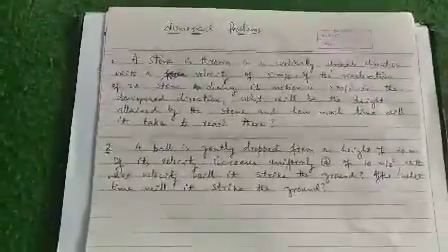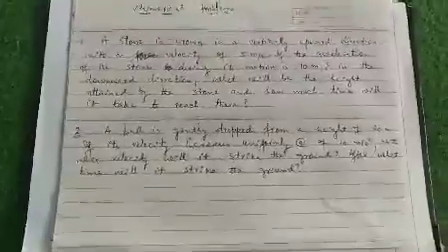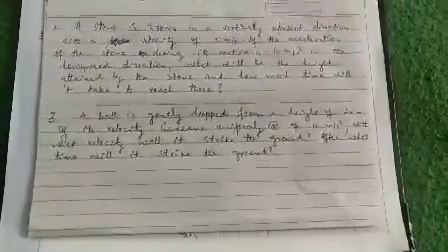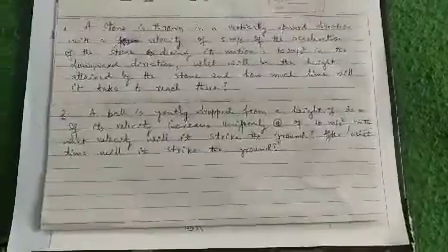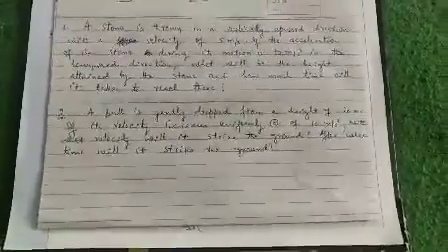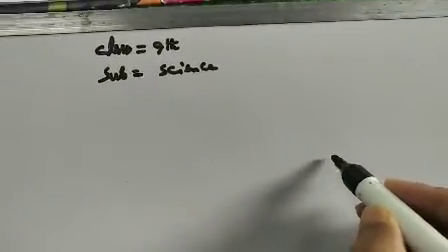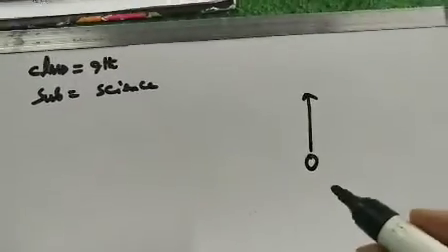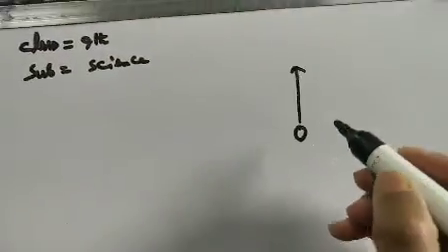A stone is thrown vertically upward direction with a velocity of 5 meters per second. If the acceleration of the stone during its motion is 10 meters per second square in the downward direction, what will be the height attained by the stone and how much time will it take to reach there? ये ऐसे मतलब एक्सप्लेन करूँगा मैं. A stone is thrown vertically upwards. This is the stone. It is thrown vertically upwards here, like this, vertically upwards, with a velocity of 5 meter